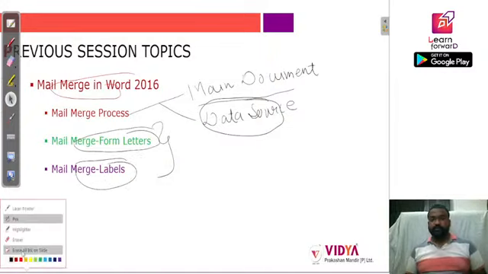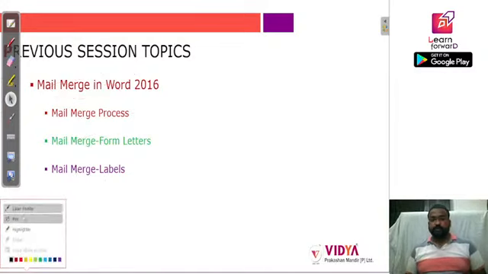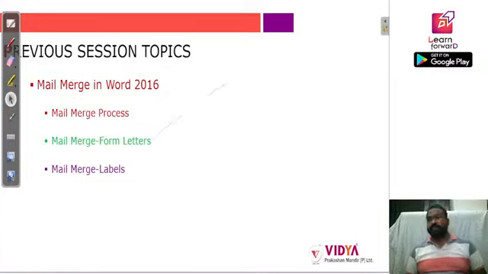In the mail merge form letters, we saw that it was a 6-step process. The first one was to select the document, in which we selected whether we are writing for an envelope, a letter, or labels. So first we select the document, then we select to create a document, in which we